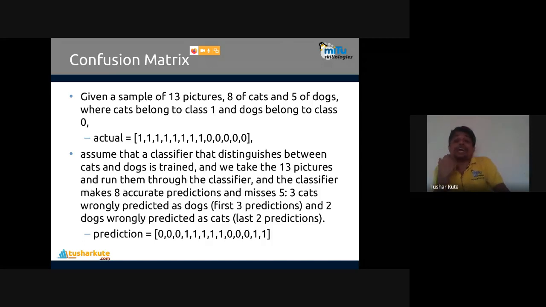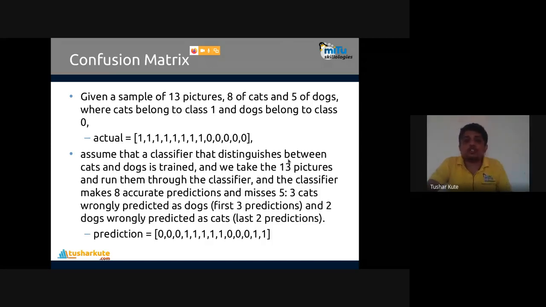I am giving a cat image and the algorithm predicts cat or not. Correct. I am giving a dog's image and the algorithm predicts dog or not. That I am going to check here. Okay, so assume this is my input, 13 inputs are there. I already have this data. I will apply the features of cats and features of dogs for predictions.